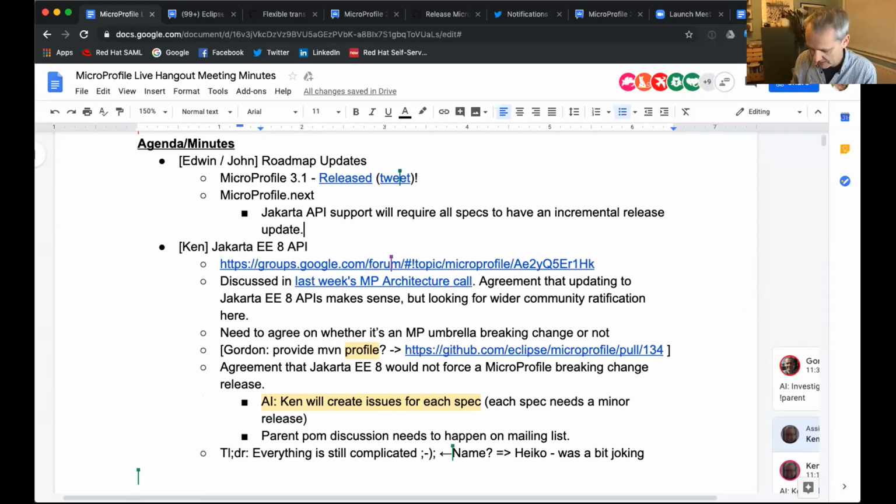When we were talking about what do we do if we've got a security alert and then we have to increment things, a lot of big projects have a parent POM where it's centrally managed. That means that all the specs, if they're including CDI, they're including the same version of it, and it makes things easier to manage.